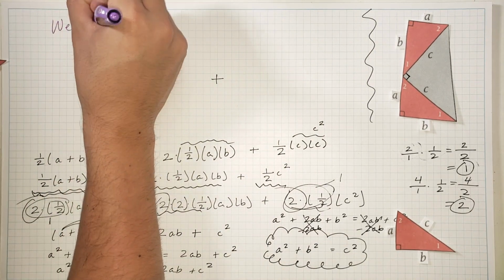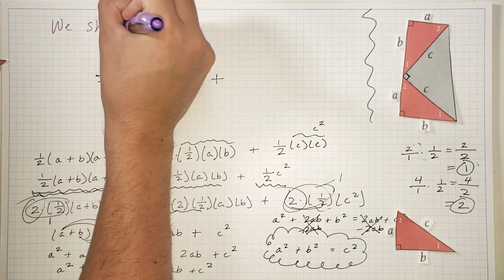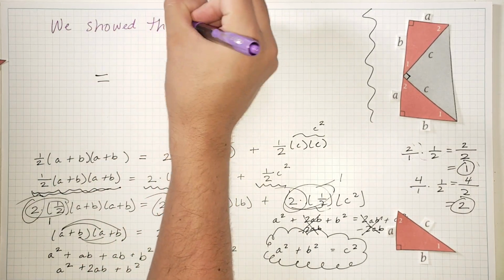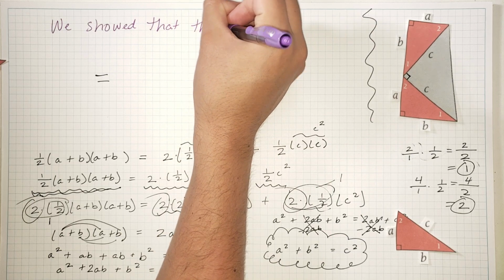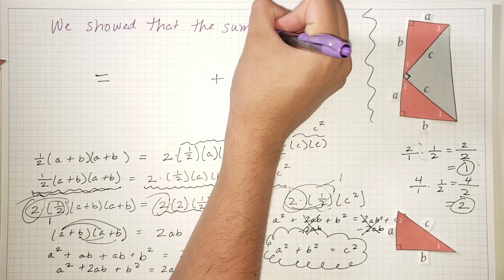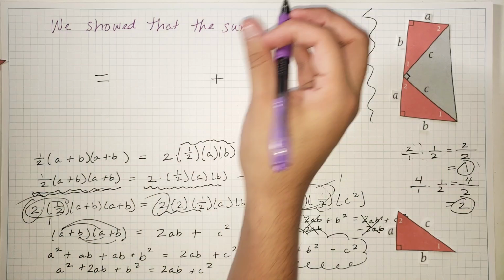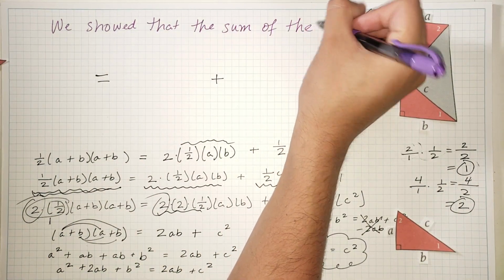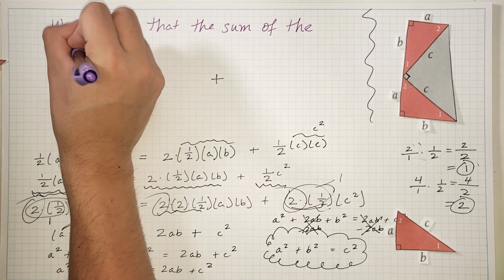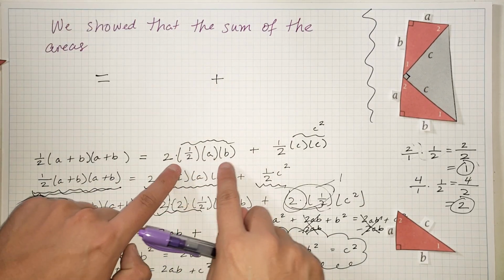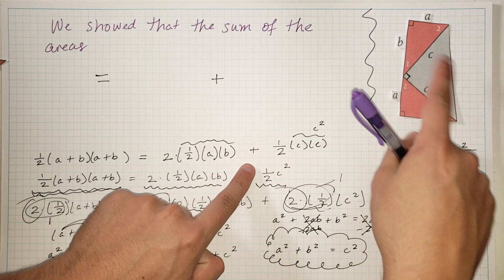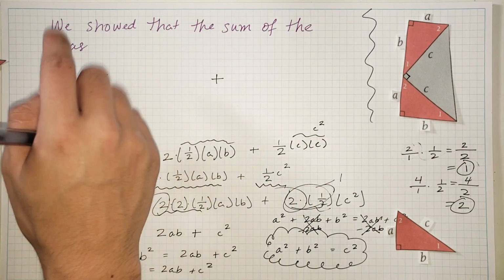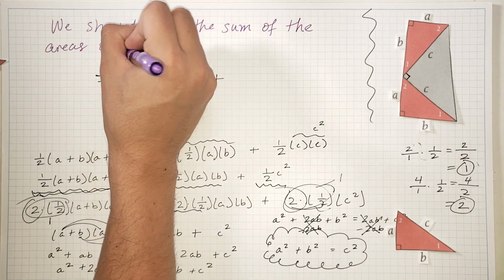We showed that the sum of the areas, remember we added up all these areas, we showed that the sum of the areas of the three triangles